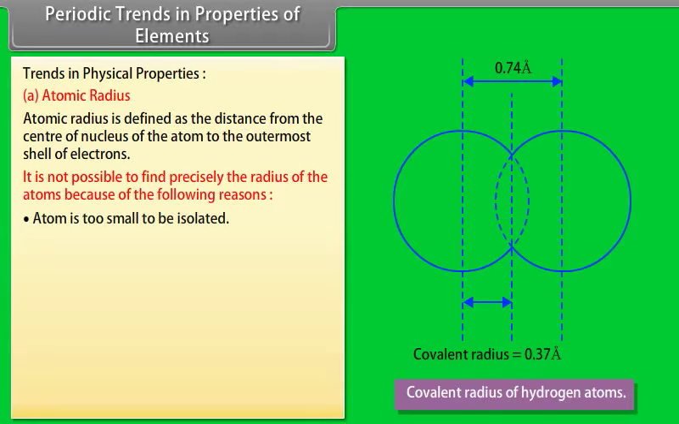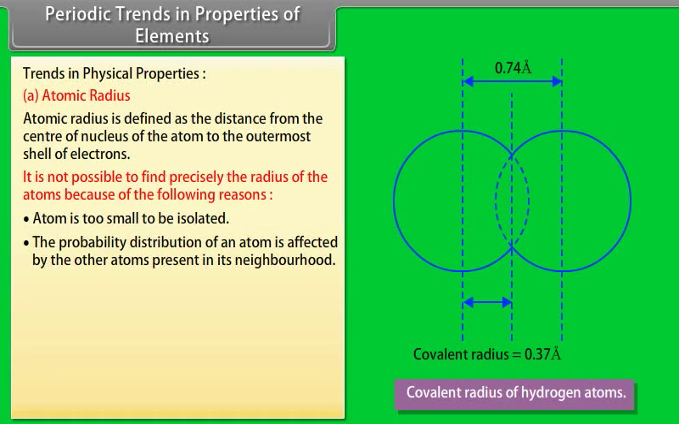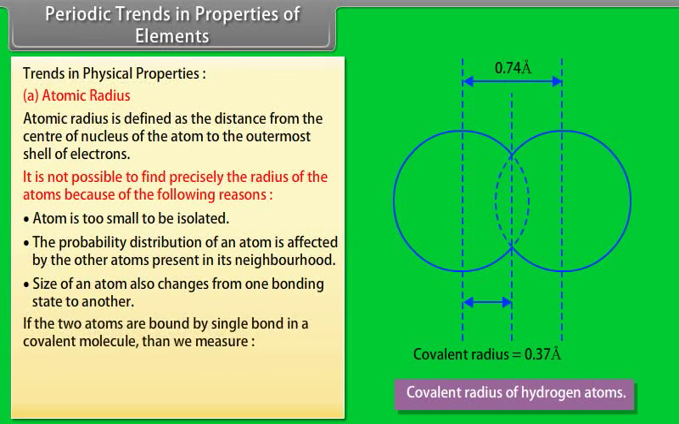Atom is too small to be isolated. The probability distribution of an atom is affected by the other atoms present in its neighborhood. Size of an atom also changes from one bonding state to another. If the two atoms are bound by a single bond in a covalent molecule, then we measure